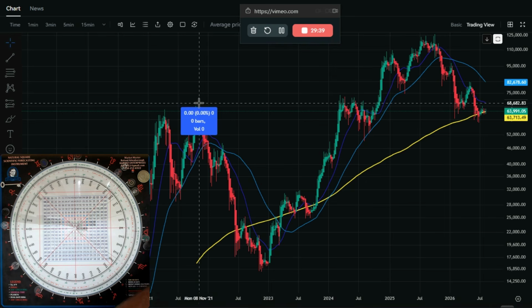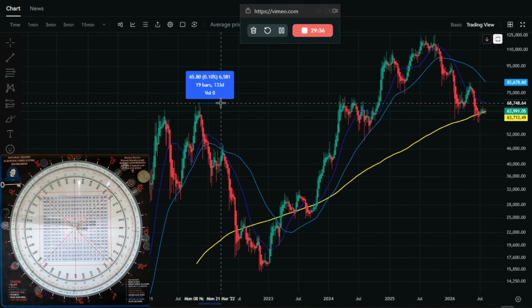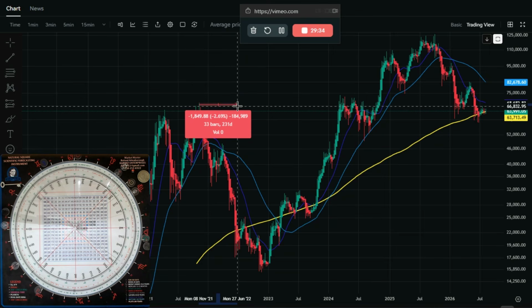So from this point, we're going to measure out how long it took to get below the yellow line, which is the 200 moving day average, and it says here that it's taken approximately 31 to 32 weeks to get below that. And we're going to compare whether that type of thing is happening in our current cycle. So right now we have 32 weeks to get below, and then by around the 40th week we should be experiencing some type of little top,